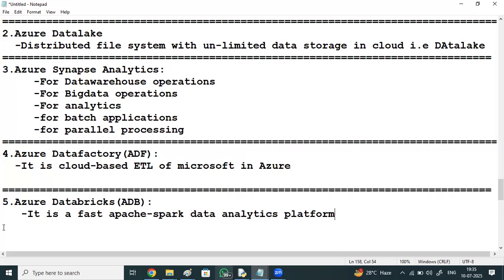It is a very fast Apache Spark based data analytics platform.